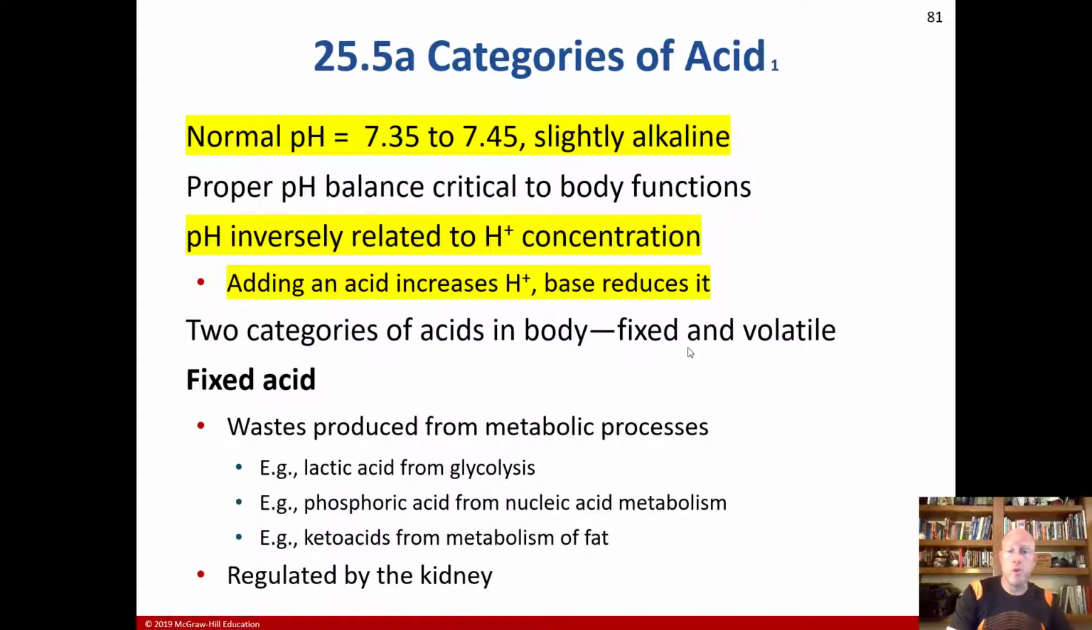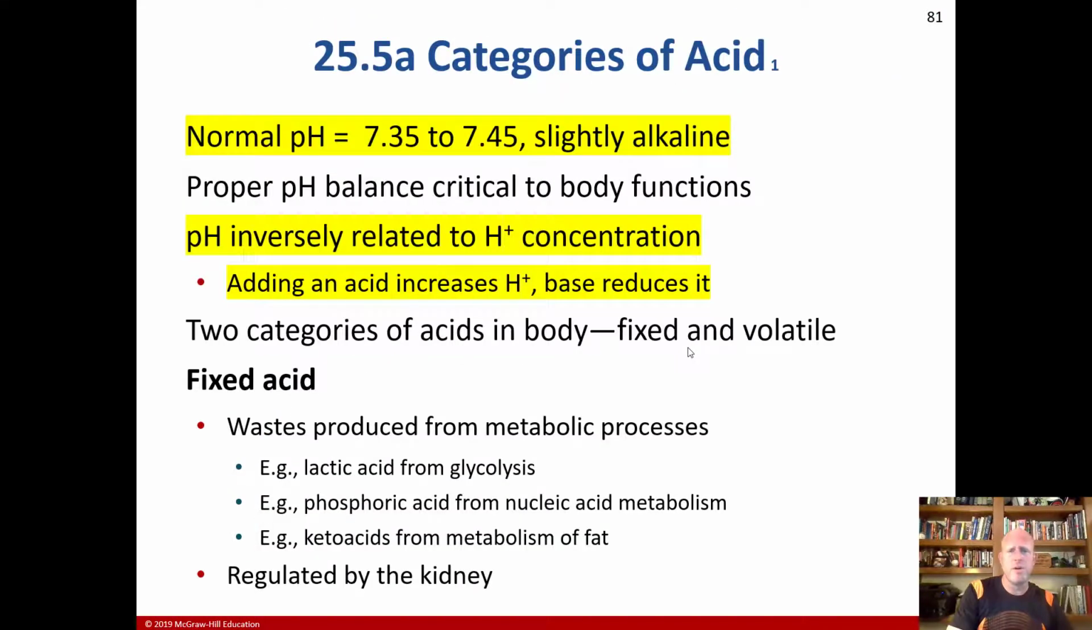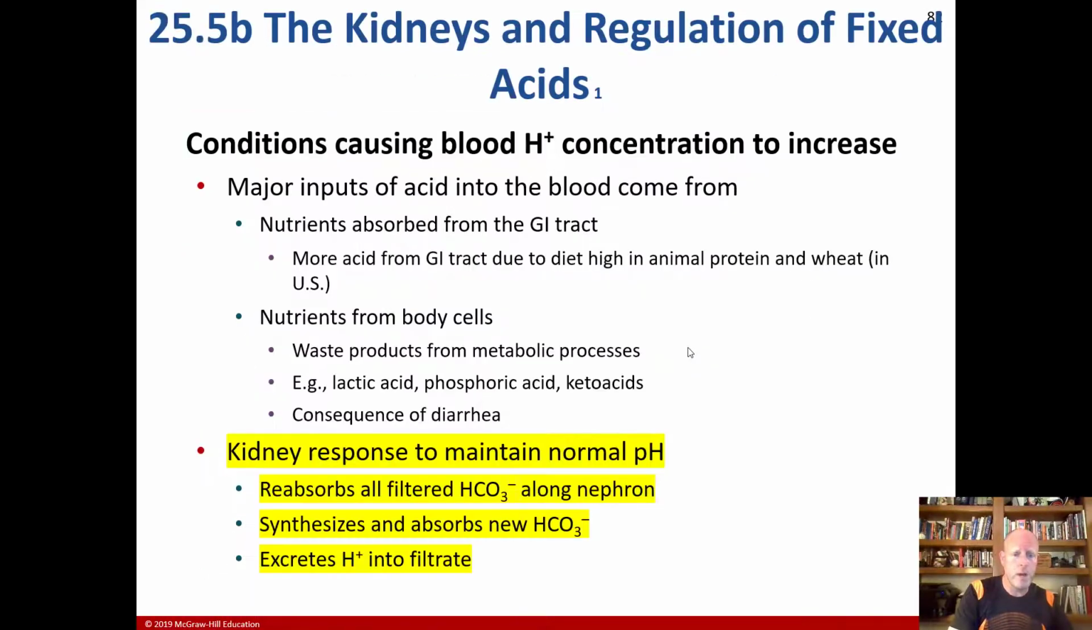Certainly note the normal pH and how it's slightly alkaline, being 7.35 to 7.45, how pH is inversely related to hydrogen concentration, and how adding an acid increases it, of course a base reduces it. And furthermore, note the pHs where they can be fatal. Basically, if you get below 7.0, going toward acid, or above 7.7, going toward alkaline, both can be fatal within hours. And then the kidney response to maintain normal pH,